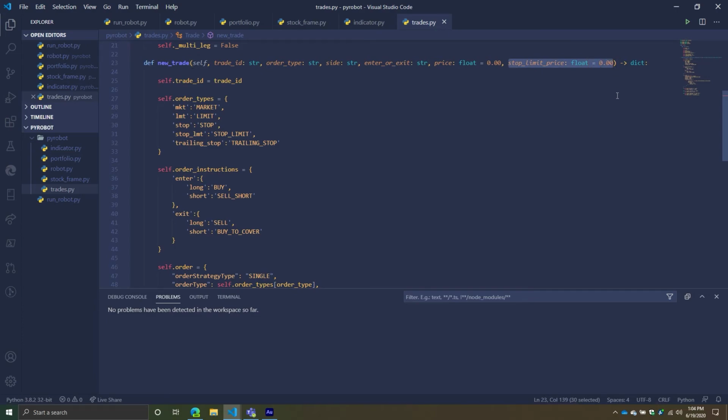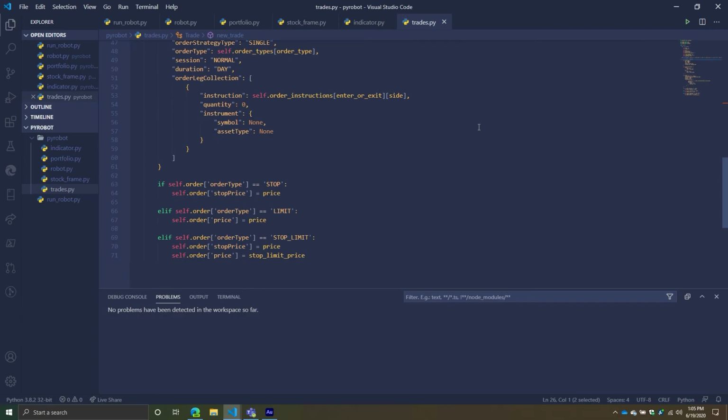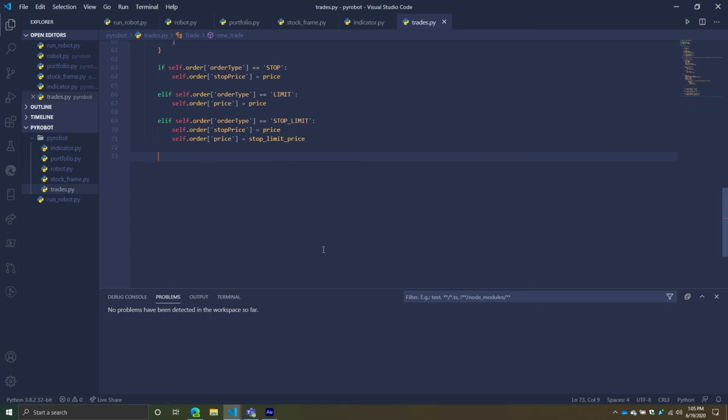So this is where things can get a little confusing for most people, just because you have to know what each price really is based on the market, on the order type that you're giving me. So that's how this is all defined behind the scenes. Finally, we're going to talk about the trailing stop. And then this one is going to be, well,